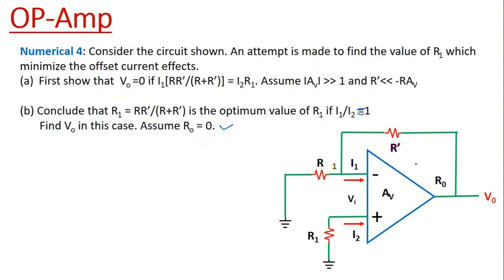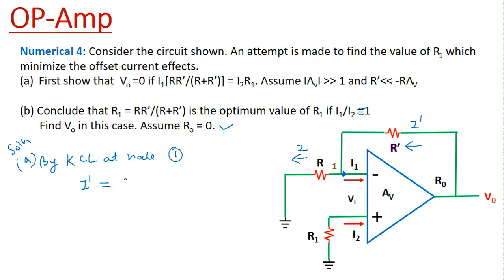So here we can see that only output voltage is existing, so we assume the current direction starting from output voltage. Let the current flowing through R dash be I dash and the current flowing through R be I. For solution of A part, we apply KCL at node 1. So by KCL at node 1, we get I dash